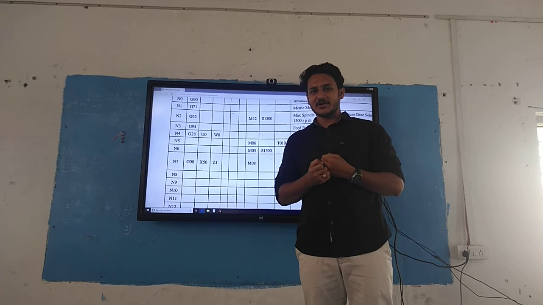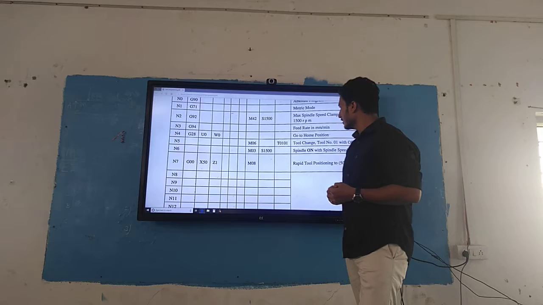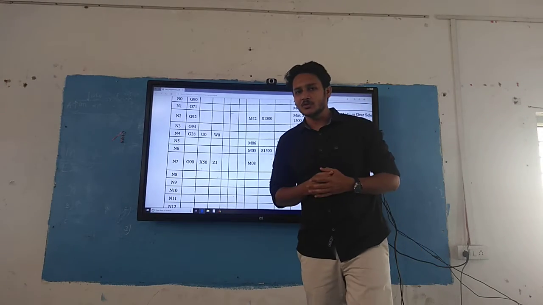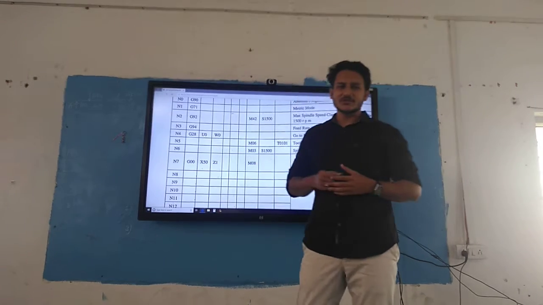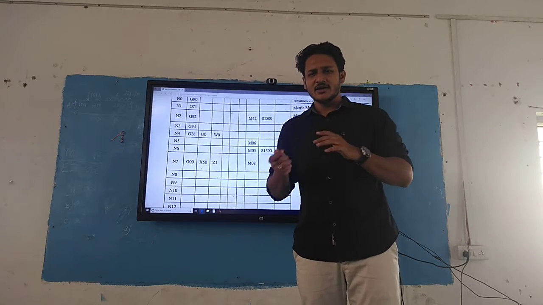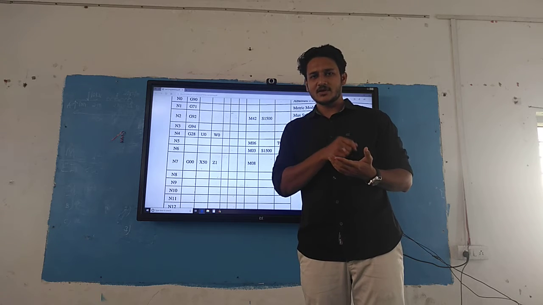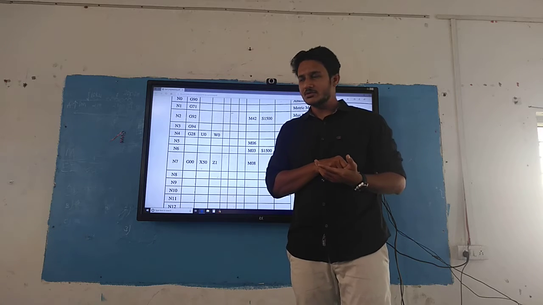For the feed rate, I need to go for the code G94. Go to home position means you have to use the code G28. Go to home position means wherever the tool is, it is going to come to the X0, Y0 and Z0 position.